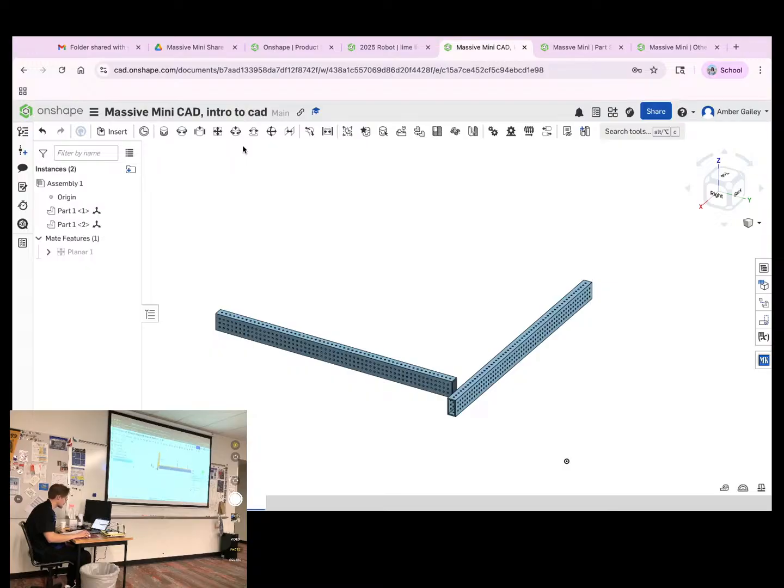And in mates, you want to be very careful, actually. So, if you're following along and you didn't get the exact same result I did, that might come from not having the exact same thing selected. Mates are very dependent on where you select on the part. So if I go back to a fasten mate here, and instead of selecting the same axis here, so I'm selecting that end, I have the up and down of this one, but then I select maybe just a random,